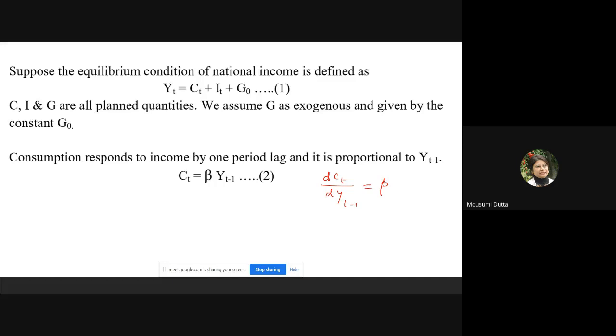And what is the maximum possible value? 1. Whatever increase in income you are facing, the entire increase you may spend on consumption, incremental consumption. Okay. So logically then,